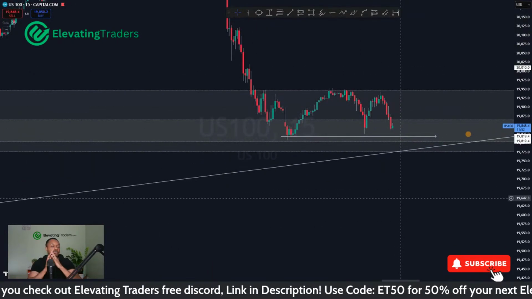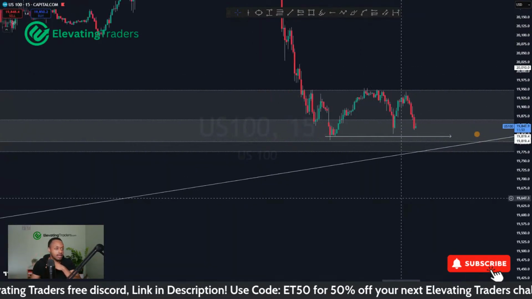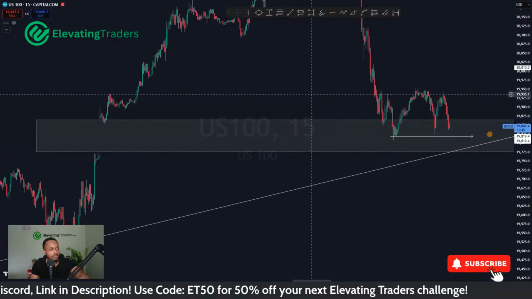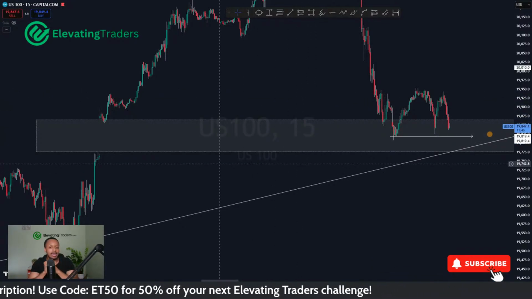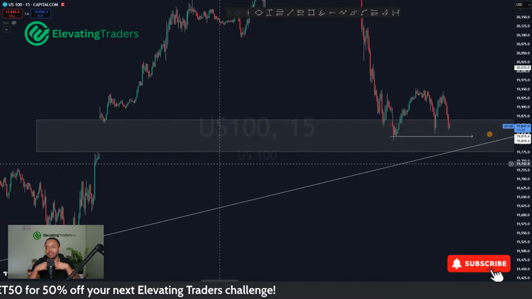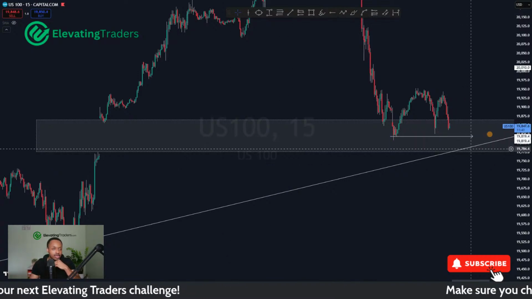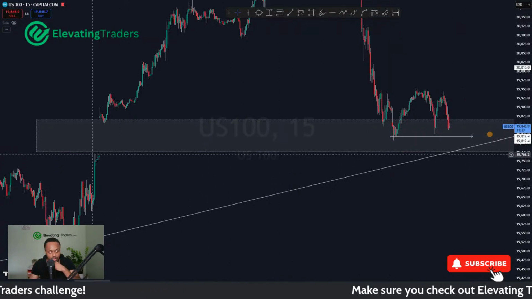Okay, 50-minute chart. Yeah, we did roll over there. Where is the gap? Let me move this out of the way. Okay, so the gap is there. So 19,775, that low there would be really nice because not only do we have the low of the gap,